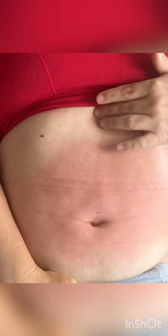So we have our external obliques over here, and then we have our rectus abdominis, along with our linea alba, which goes all the way down to the pubic symphysis, all the way up to the xiphoid process. Now, when we talk about diastasis recti, we're talking about the linea alba protruding out and splitting, and that's how